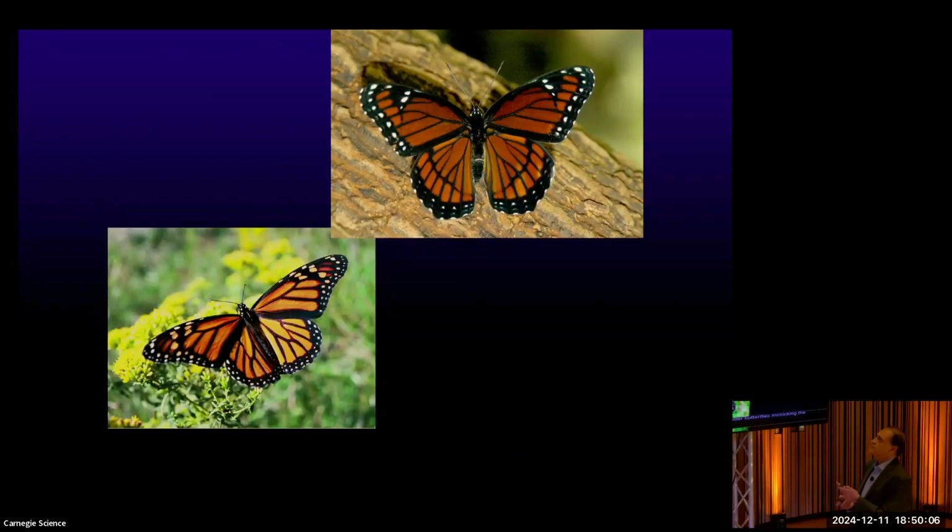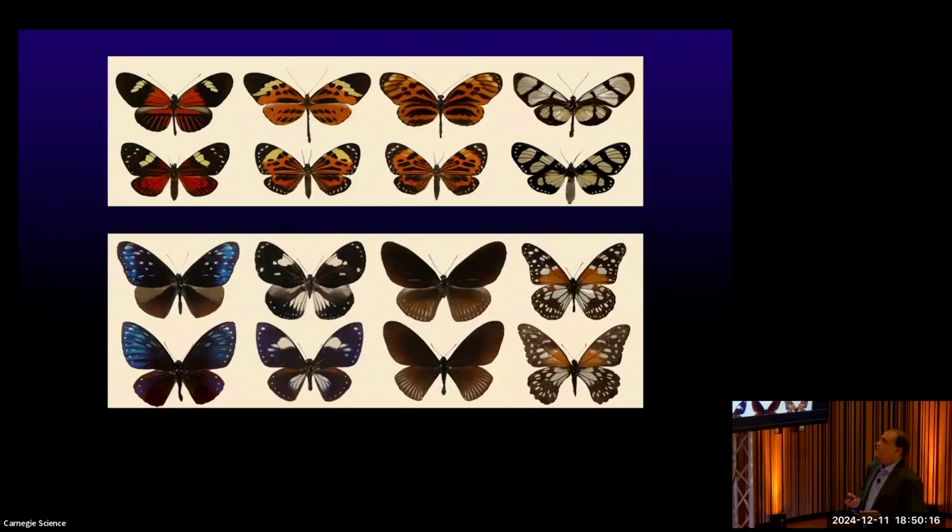So in the case of monarchs, there's a butterfly called the viceroy, which looks very, very much like a monarch, even though it's distantly related. And so it gains protection from predators by doing this. And mimicry, of course, is a fantastic thing. This is a row of butterflies that are called heliconius butterflies. They're all unpalatable. These are all moths that mimic them.